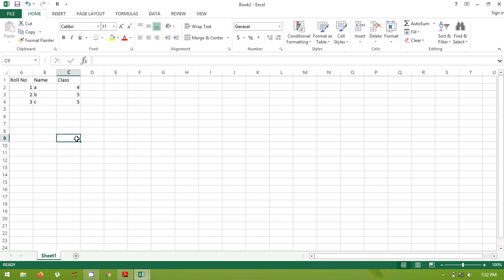So this is your data, how you can enter it in your workbook or worksheet.